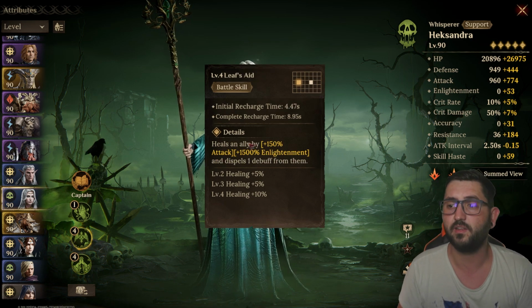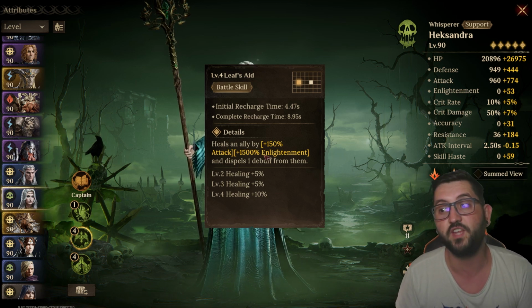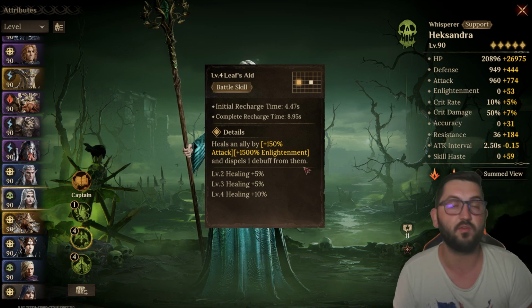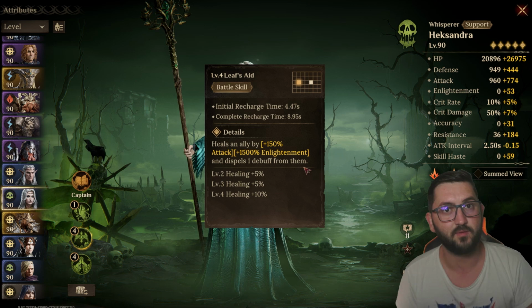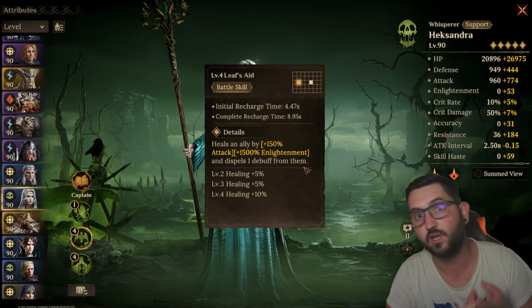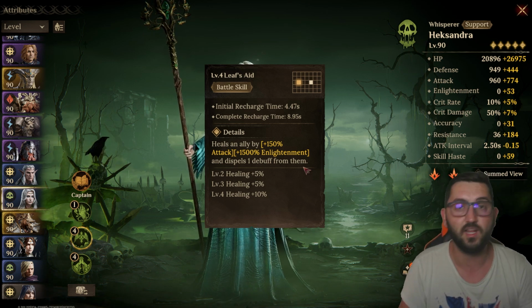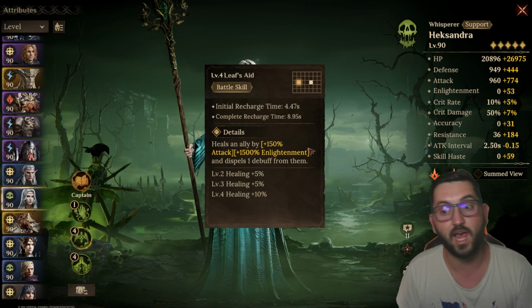Then the battle skill heals an ally by 150% of attack and 1500 of enlightenment. But it also dispels one debuff from them. So if you think about it, in certain areas where you need to dispel debuffs for one target, this can come in really clutch. So if we're talking Heretical Ruins, Flame Domain, maybe even Grave of Rot, a little bit of healing on a battle skill and dispelling of a debuff can come in really handy,